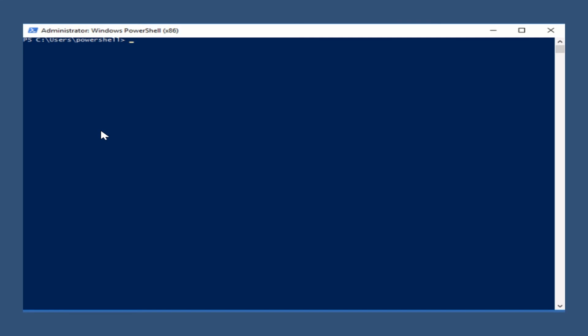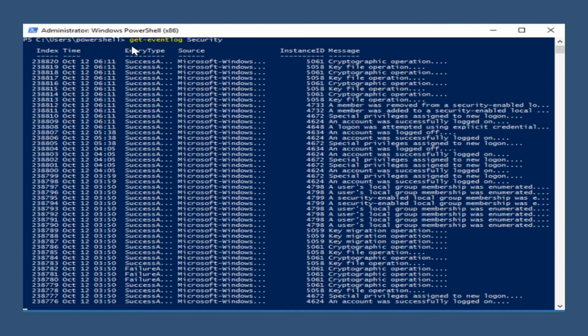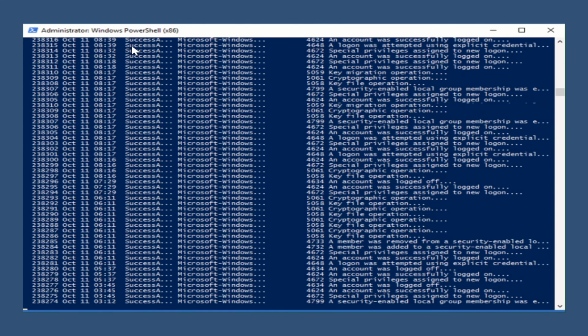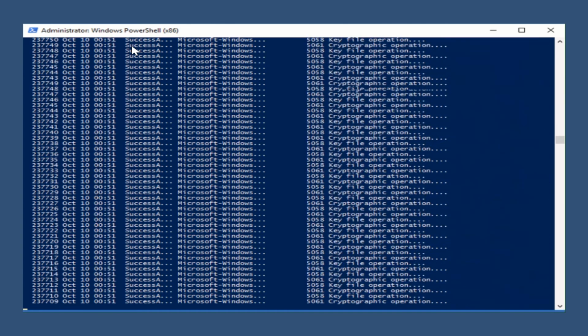Hi guys, let's see how the PowerShell shell looks and how we can customize it. So here I am just going to write a basic command like Get-EventLog Security. The security logs are too many in the system, so it keeps going.